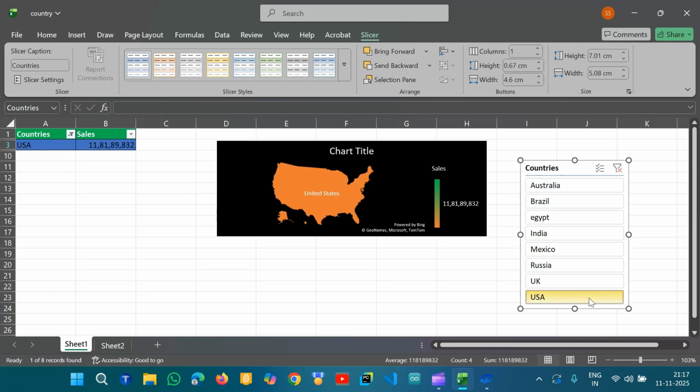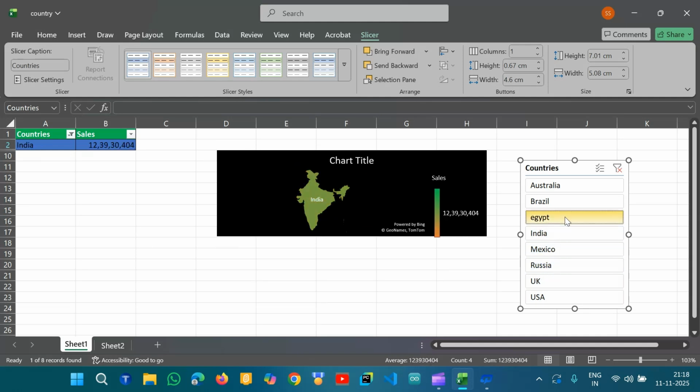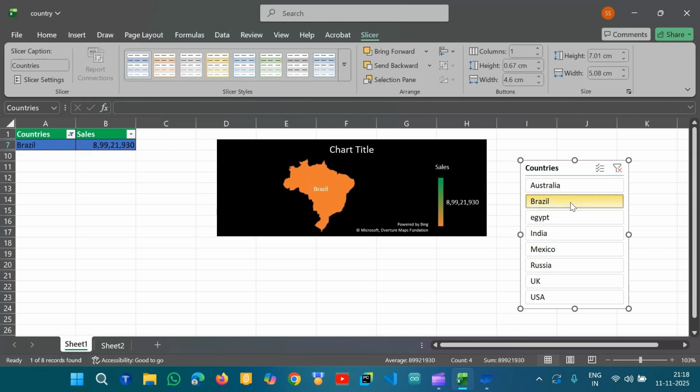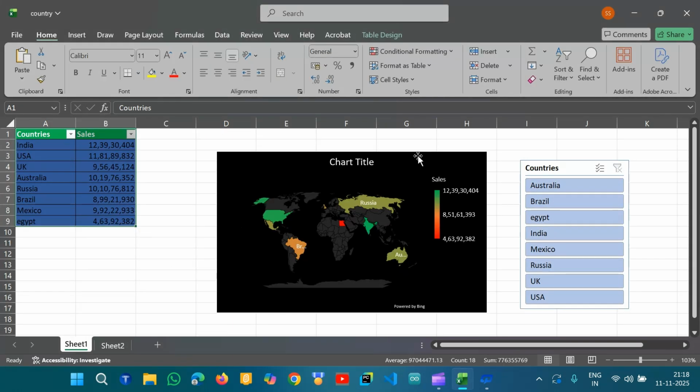Now USA, UK, Russia, Mexico, India, Egypt, Brazil. So this is so easy to do. And if you want to come back again, you can just come here, click this, select all. Okay. Now you will be redirected to the back page.